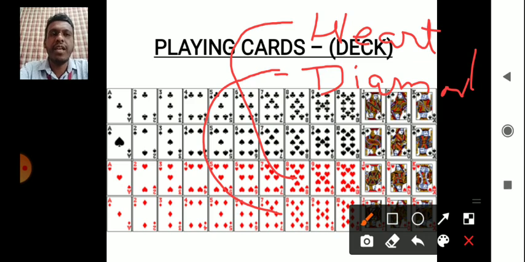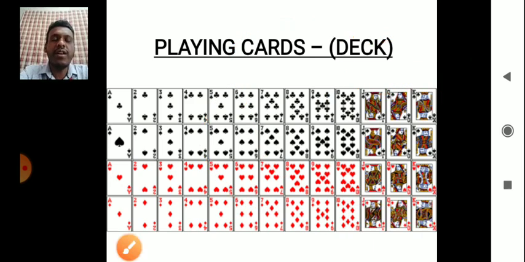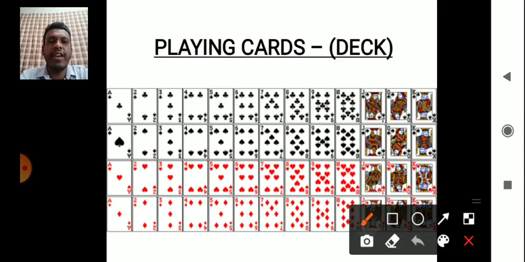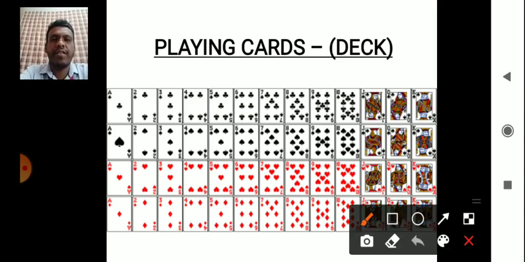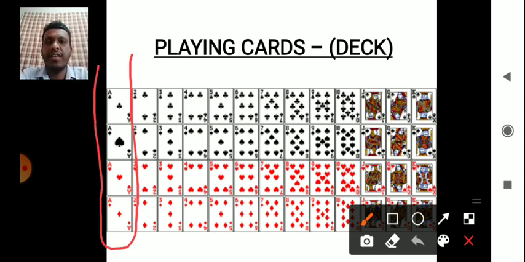Diamond. I'm writing with my right thumb with all my other fingers engaged in holding the mobile, so my handwriting is not that good here, so kindly bear with this. Fine. So these are the four things. Now these cards here are known as a card. Okay, that is